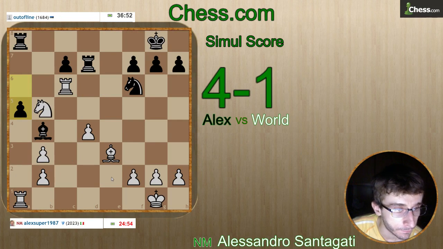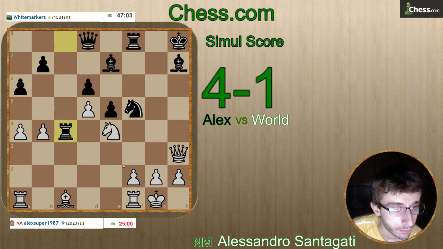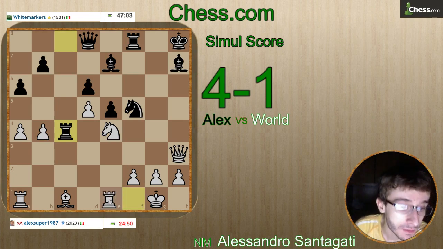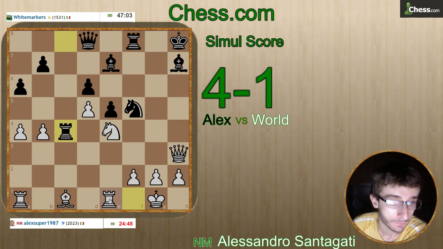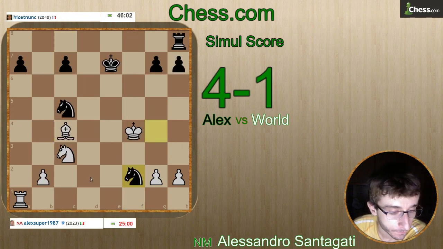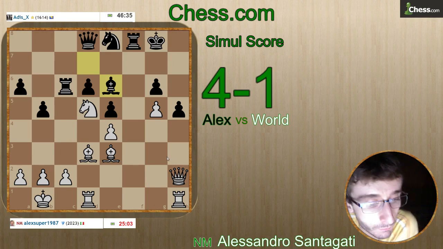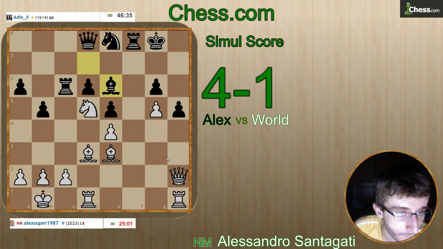a5, and here I can take c7, so rook takes c7, yes. Now my position is completely lost here, but I try to do something with the rook e1. I take on a7. Bishop e6,